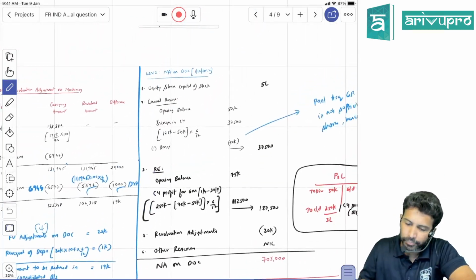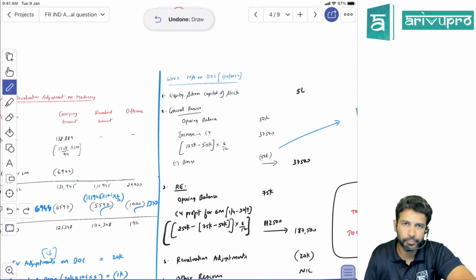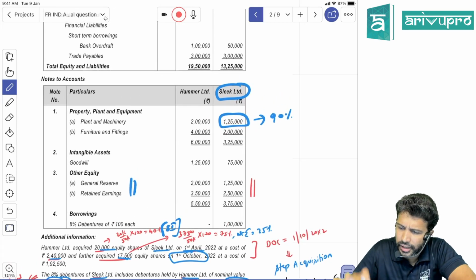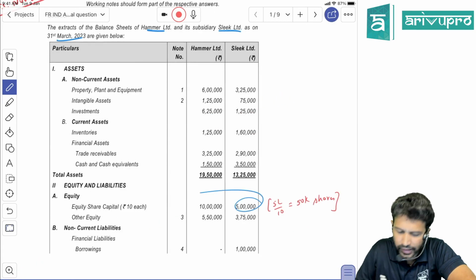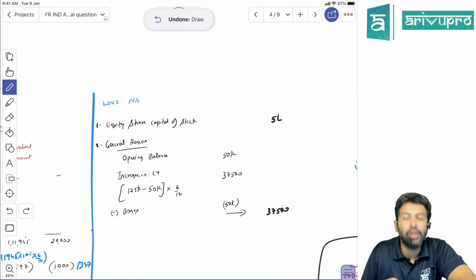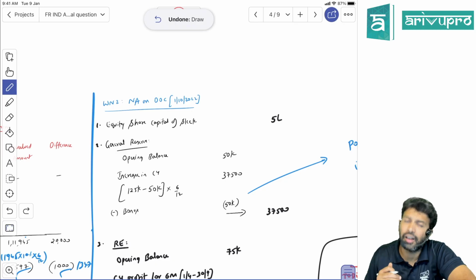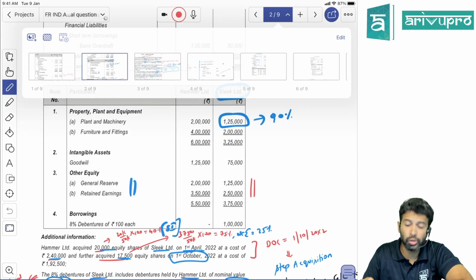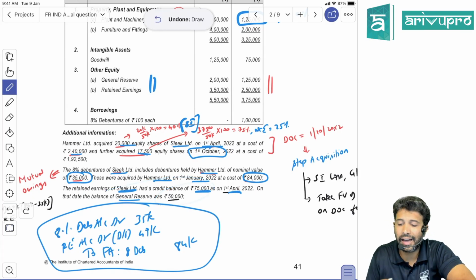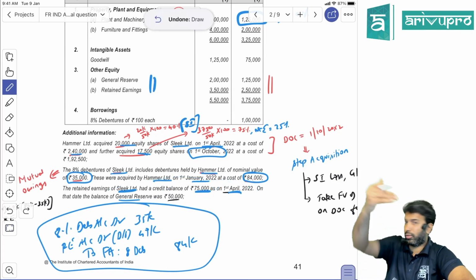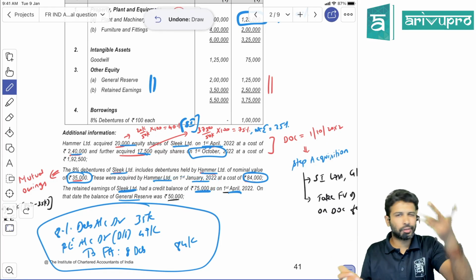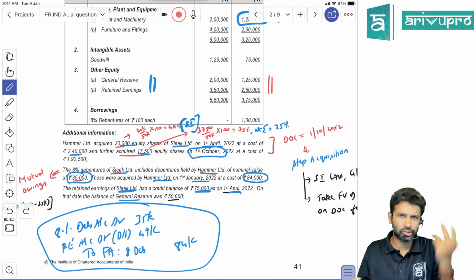Once this is done, we can calculate net assets on the date of control. How do you get net assets? Share capital and other equity. The subsidiary company's share capital was 5 lakh rupees. Next, we have two reserves, general reserve and P&L. The date of control is 1st October. They have given the general reserve and retained earnings balance on 1st April. 1st April is not the date of control, so this is the opening balance. The opening balance of retained earnings is also pre-acquisition, because it is already existing.